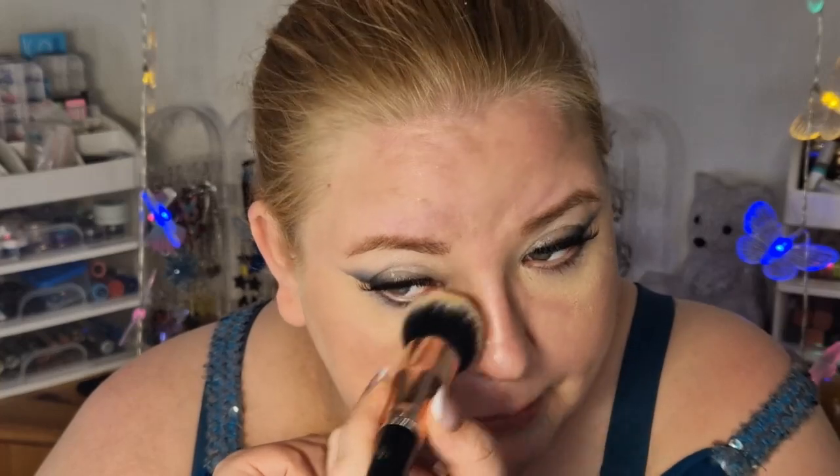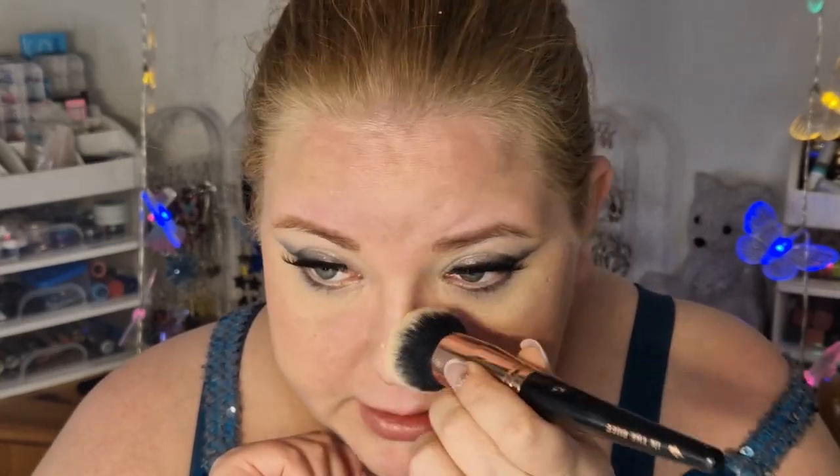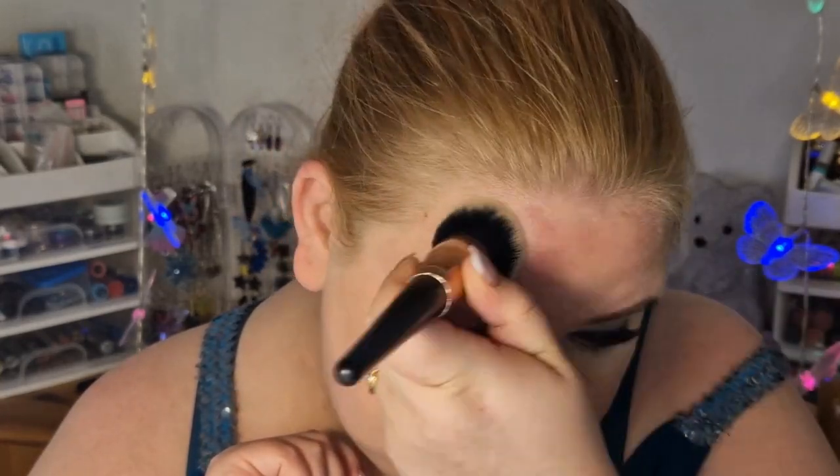And this is something I could fix with powder a bit, or maybe just with my foundation brush. It looks better already. So yeah, I'm gonna go wash my face now, because I just want to relax. I had a long day. So yeah, that's all for today, and